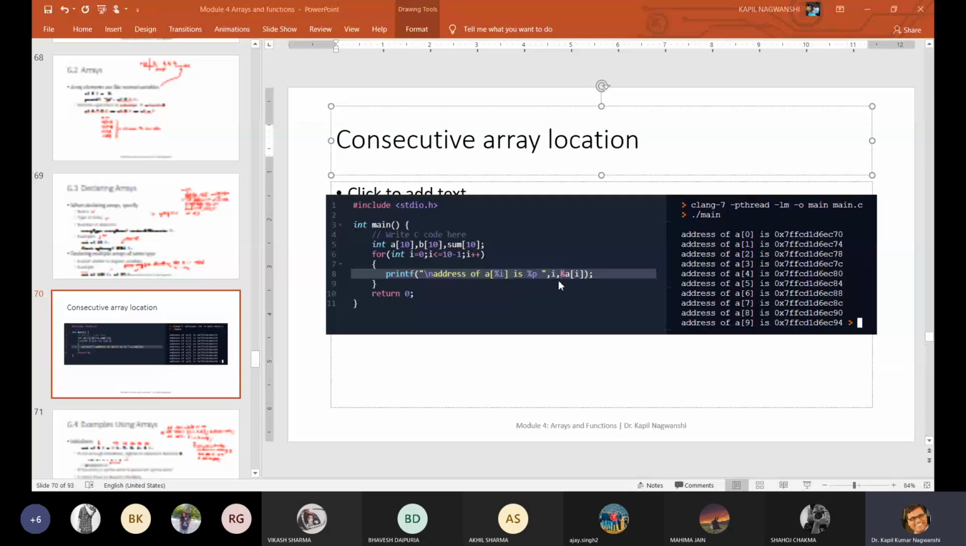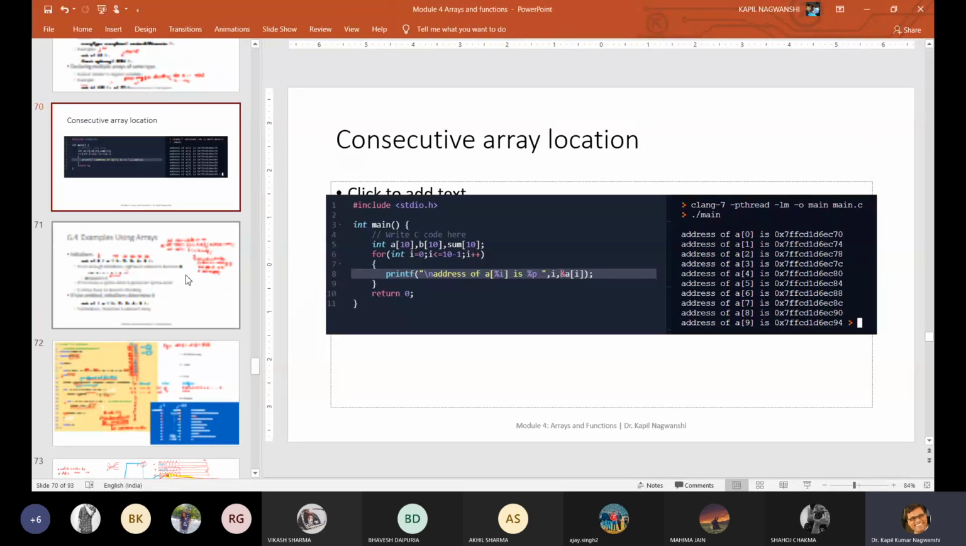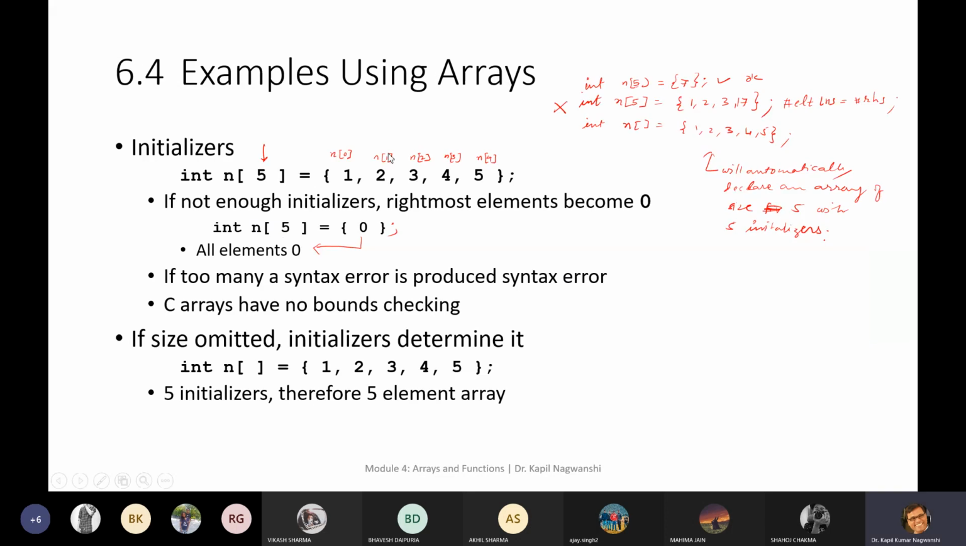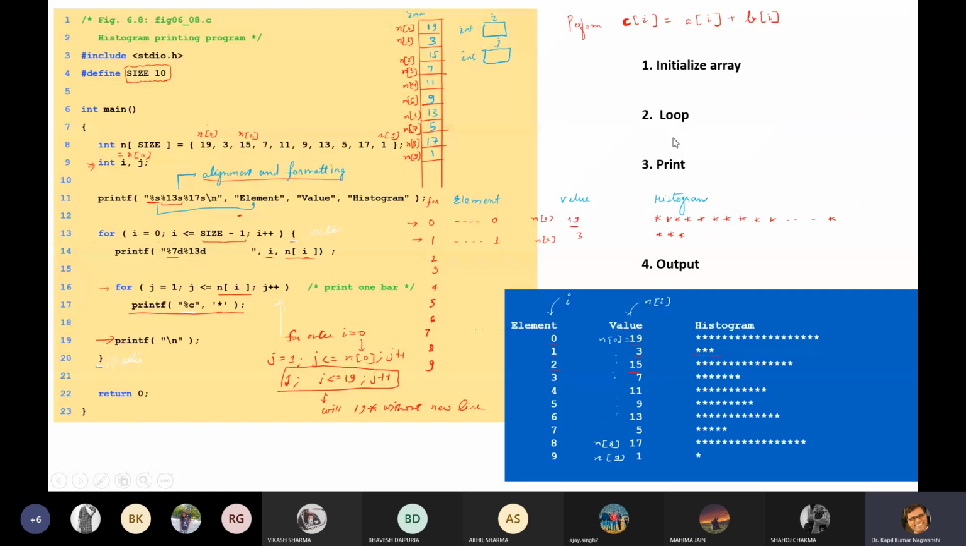So here you can see the example is pasted over here, and now come to the next slide of this PowerPoint. Yes. Examples of using arrays. Now there are different ways of writing a program. Fine, different ways of writing a program. So you can initialize an array by using